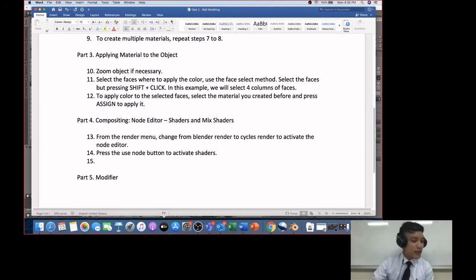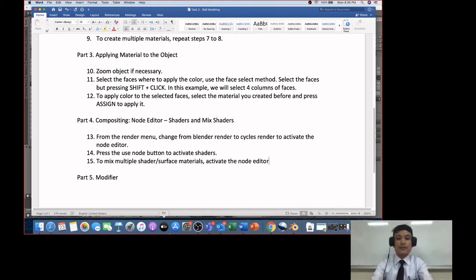So what we need to do is to mix multiple shader slash surface materials, activate the node editor. Okay, so how to activate the node editor? The step is very simple. Click from the bottom,